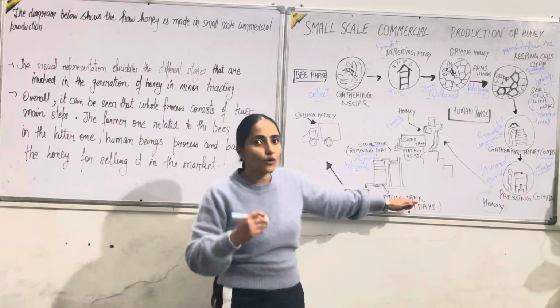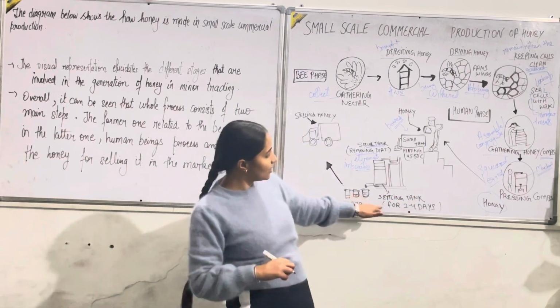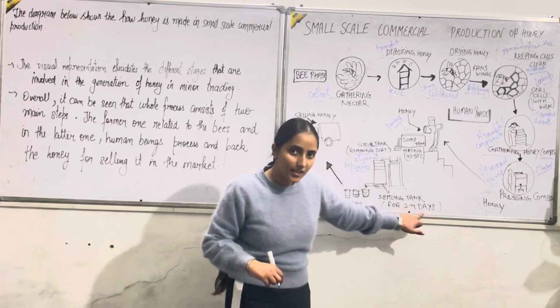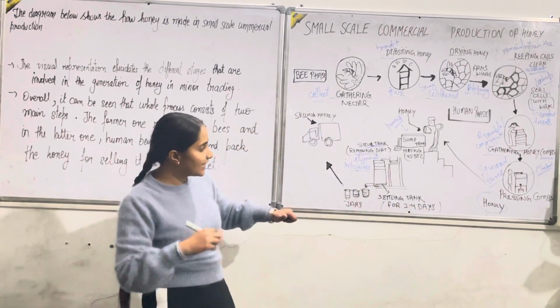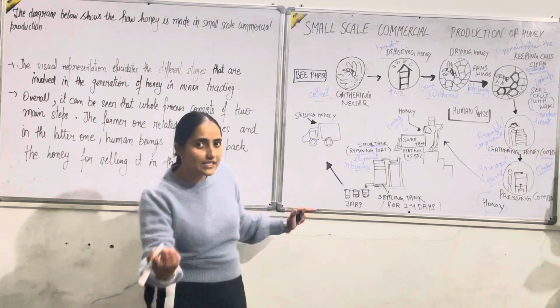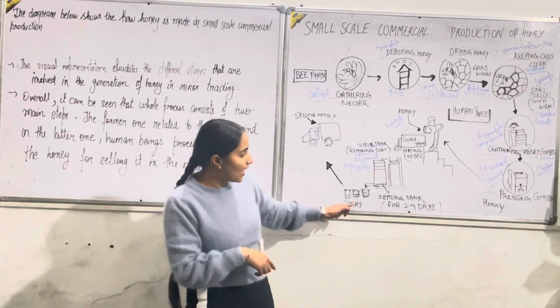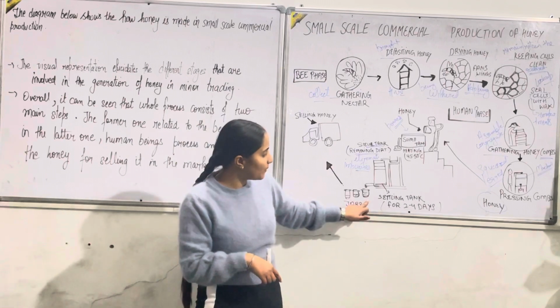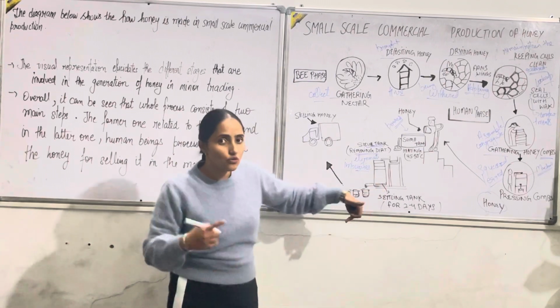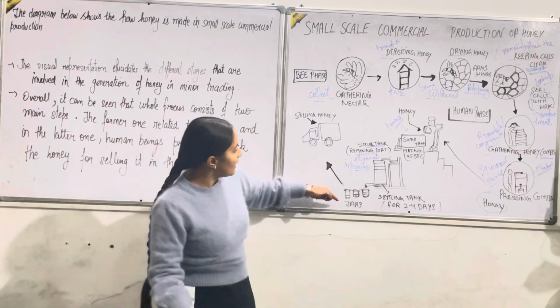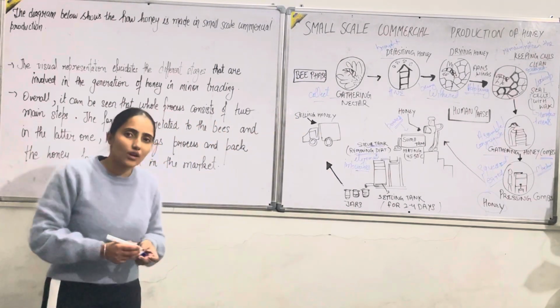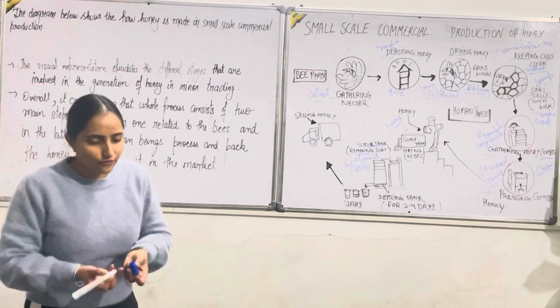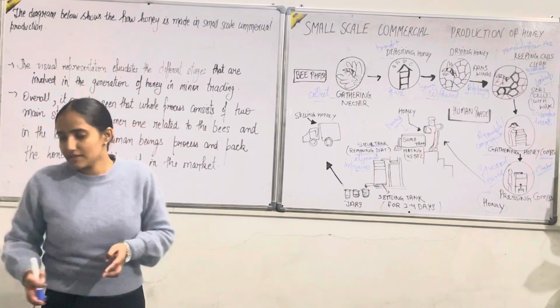Settling tank, which for sedimentation, it is being settled for 2 to 4 days. 2 to 4 days के लिए then it is being settled in the settling tank before being packed in the jars. ਜਾਰਾਂ ਦੇ ਵਿੱਚ ਪੈਕ ਹੋਣ ਤੋਂ ਪਹਿਲਾਂ ਇਹ ਸੈਟਲਿੰਗ ਟੈਂਕ ਦੇ ਵਿੱਚ 2 to 4 days ਦੇ ਲਈ ਰੱਖਿਆ ਜਾਂਦਾ ਹੈ and after that it is ready to sell in the market, ready for the consumption of the customers or the consumers. Clear?